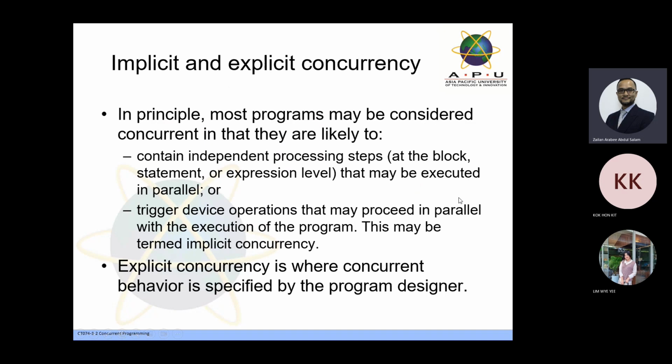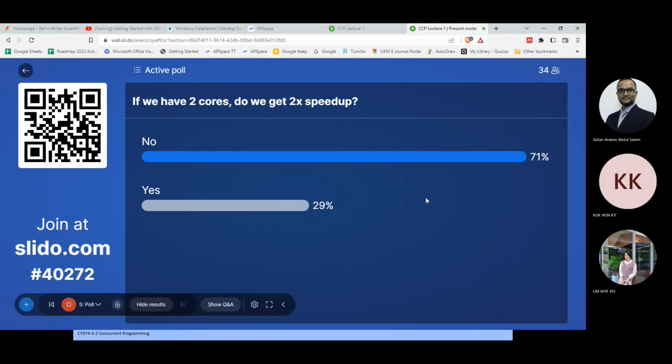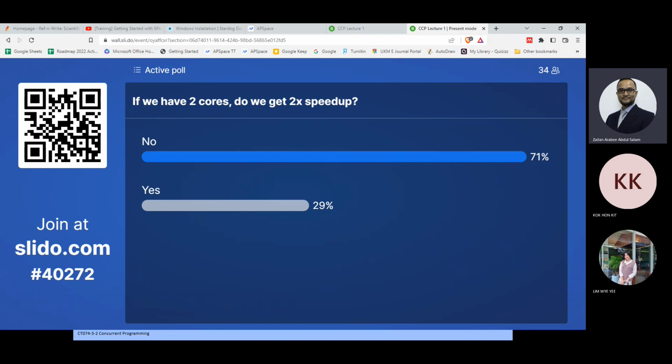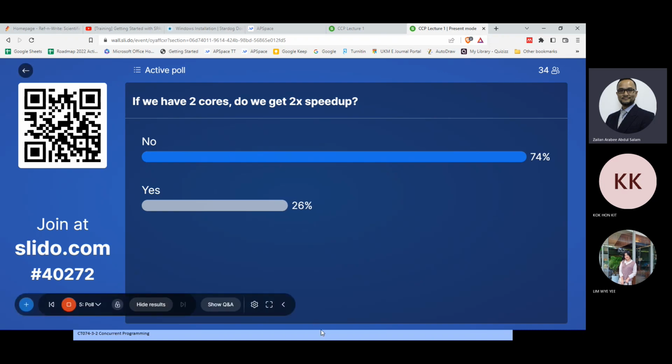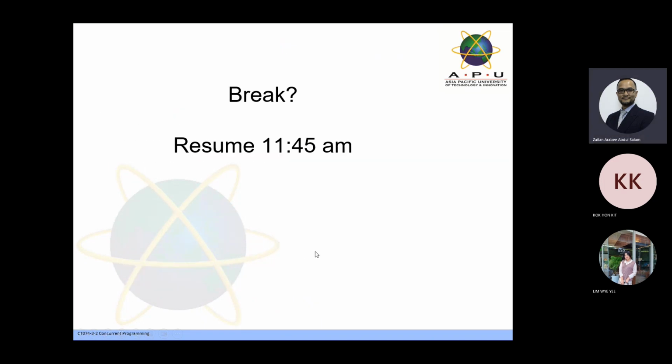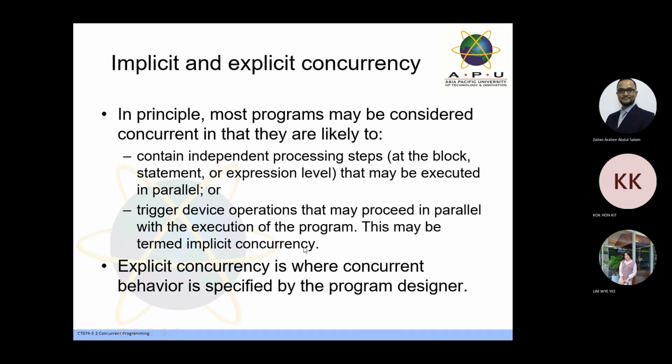So basically, the answer to this should be mostly no, unless you have a very specialized parallel programming app designed from the get-go to run in parallel based on the number of cores, then that's a different issue, okay? But generally, that's not the case. All right. So most programs are concurrent